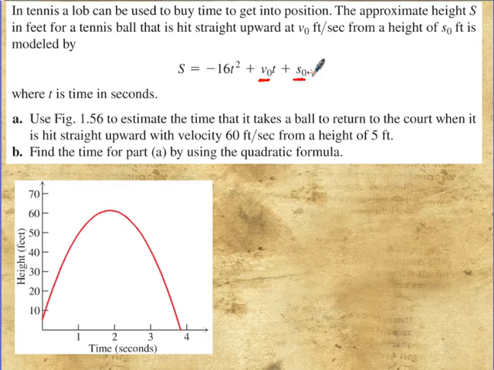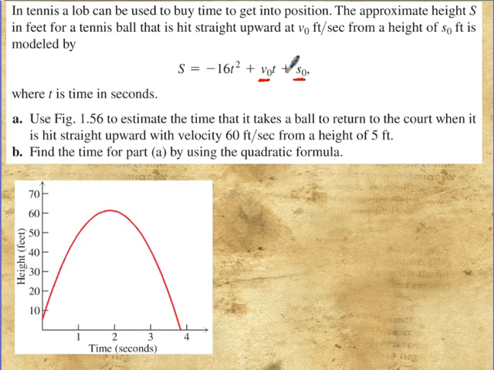You have an initial position. S0 is position, or in this case, it's going to be our height. That's the height that you're hitting it from. And this negative 16t squared involves entirely gravity, the acceleration due to gravity, is where that comes from. That's a constant. So anytime you have any kind of projectile motion, you're shooting a missile, hitting a tennis ball, shooting a basketball, all of those things have parabolic paths. So in tennis, a lob can be used to buy time for position. The approximate height S in feet, which instead of y equals, we have S equals,